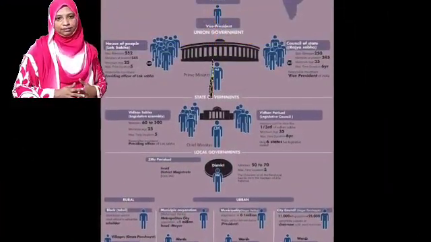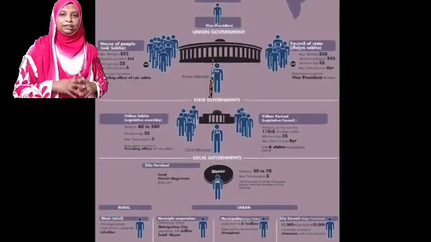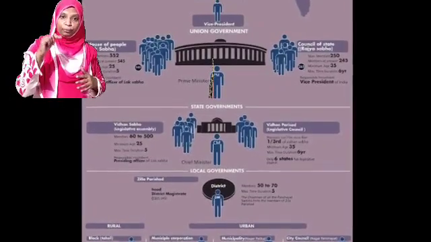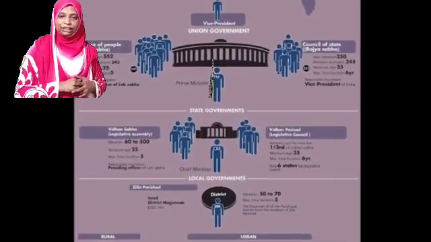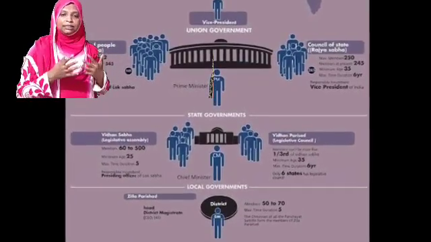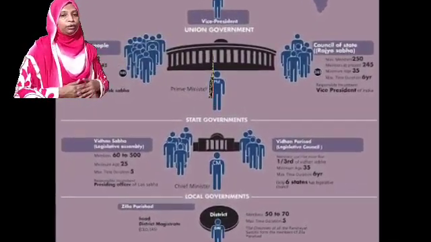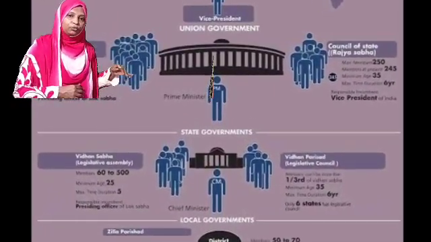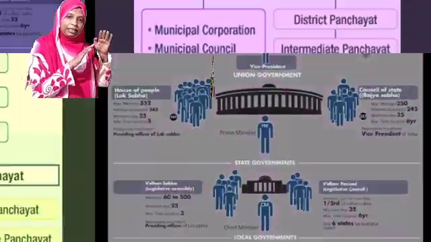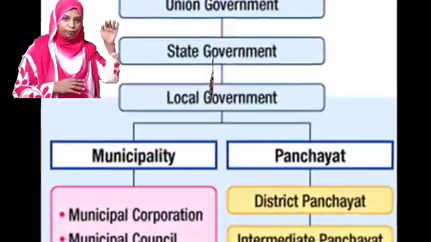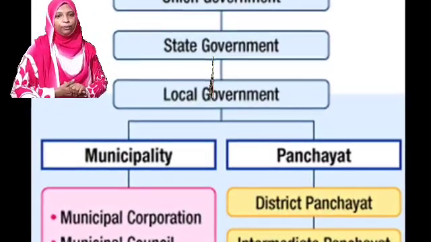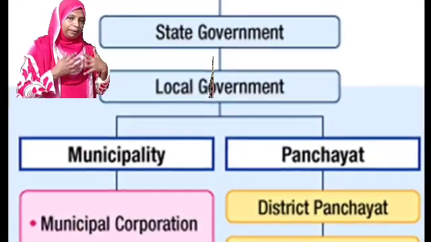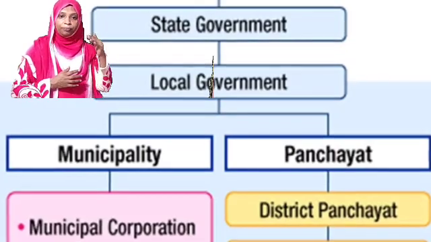Three levels are there. For easy administration, and also to include all sections of people in administrative matters, to make them feel that they are a part of the nation and also a part of discussions about national development, our government of India, with the provision given by the constitution, arranged all these levels of government. The third level, that is the local government, is again divided into district, then block and village or gram panchayat. From this chapter we can identify that we people are directly a part of our ward.